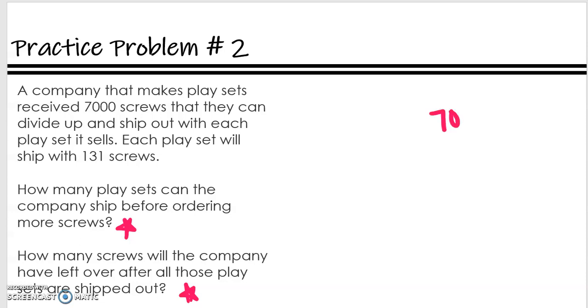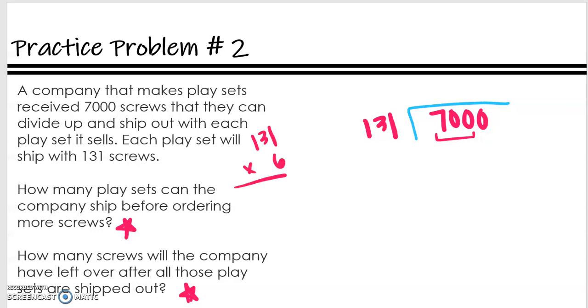So we're starting with 7,000 screws. Each play set gets 131, so we need to divide by 131. Okay. Thinking about 131, it is bigger than 7, bigger than 70. We're going to start with 700. Okay. I know 7 times will be too many. So let's think about times 6. I'm just doing some multiplication. 786, too many. So 131 times 5,